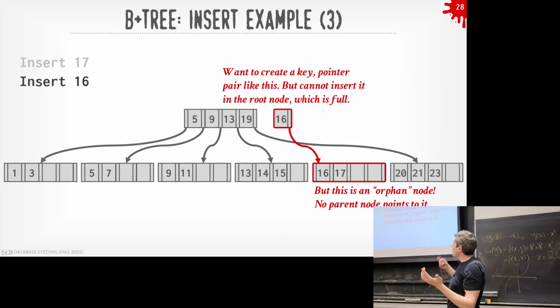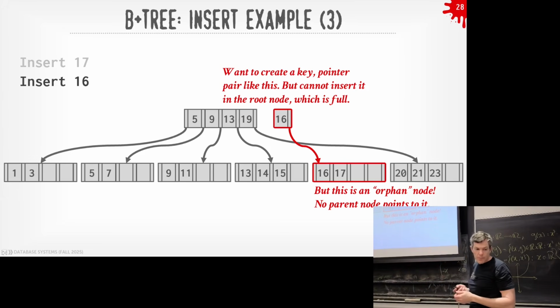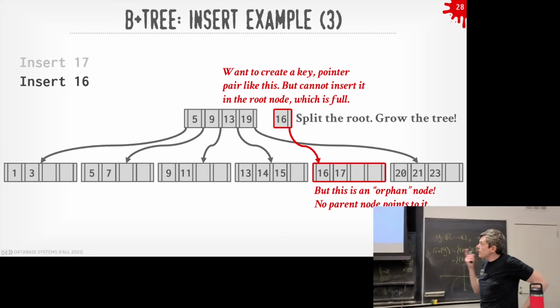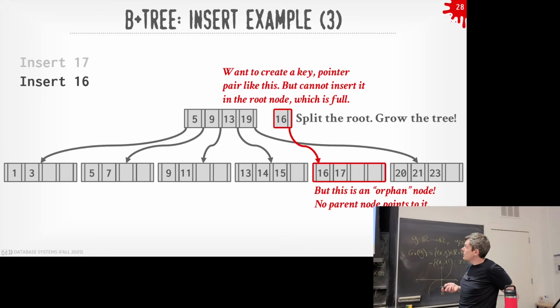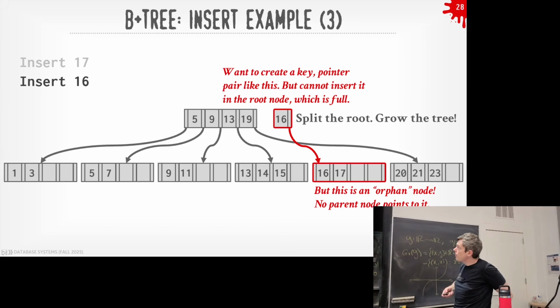But of course now the problem is our root node is full as well. So you recursively go up and keep trying to insert new keys back up. And if you have to split your parent node, you have to run basically the whole protocol again. As you go up from one level to the next, you don't reorganize anything below you because you've already handled that and made sure it's balanced. But as you go up, you make sure everything else is balanced until you reach the root and you're done. So in this case, our root node is full, so we're going to split it again and then grow the tree and make it taller.